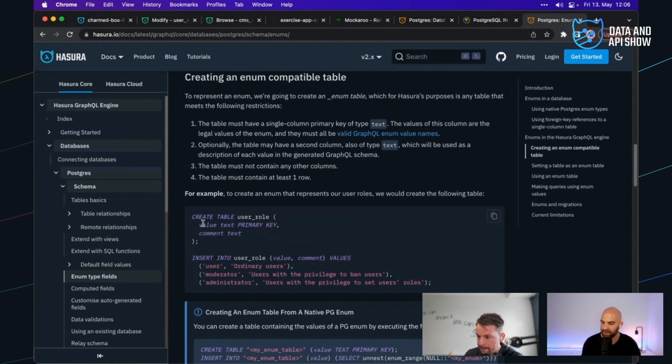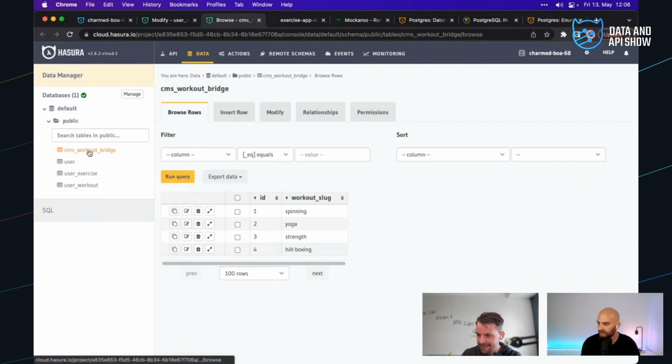We would have to modify. Actually, we can do that. So it needs to be value is the primary key, and we have an optional comment. So we come back to our table here, we modify the CMS bridge here. I mean, this is way off the tracks for what we were going to be covering today, but I think this is still a powerful way to talk about how you make these relationships be robust.